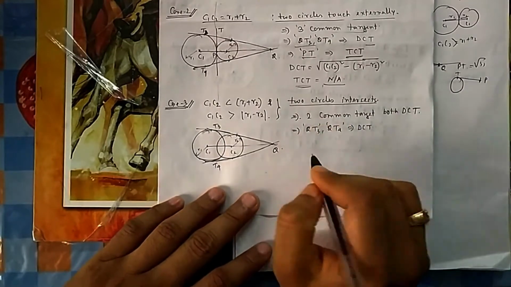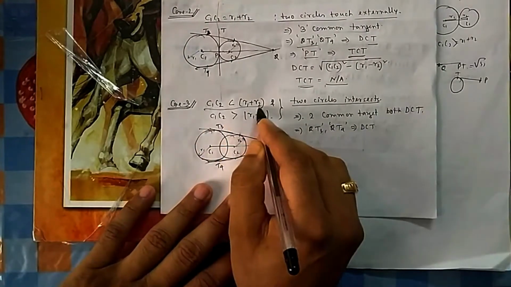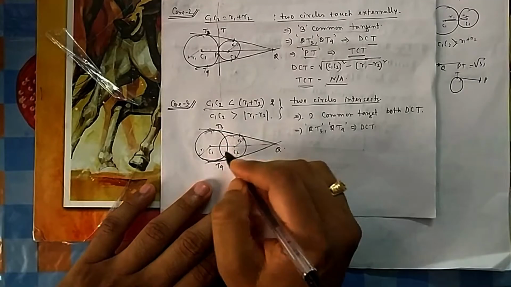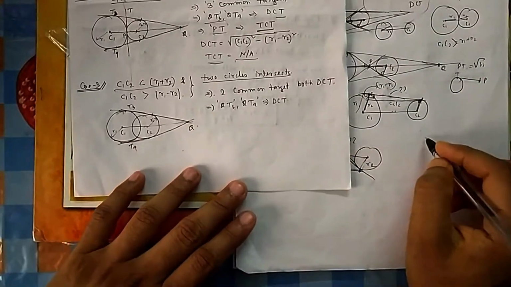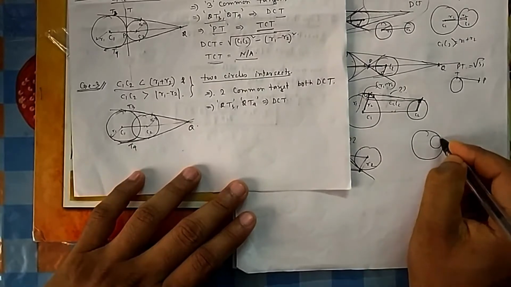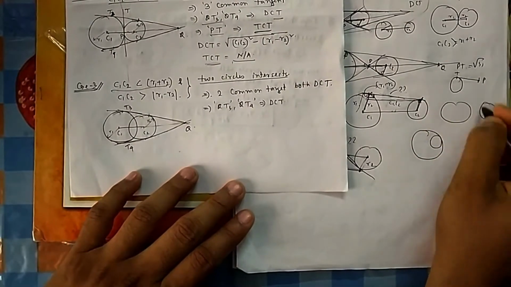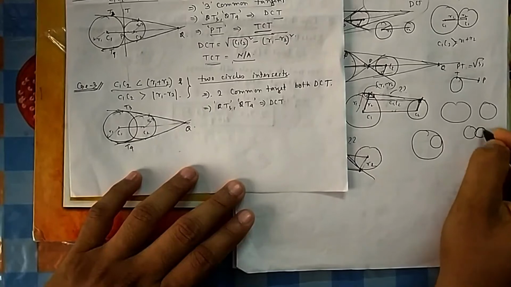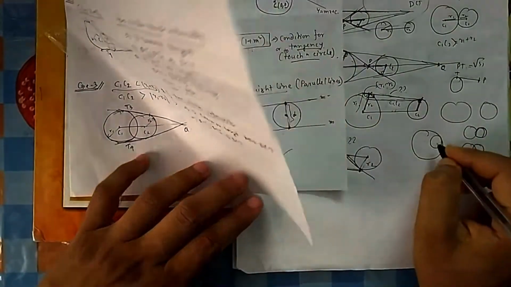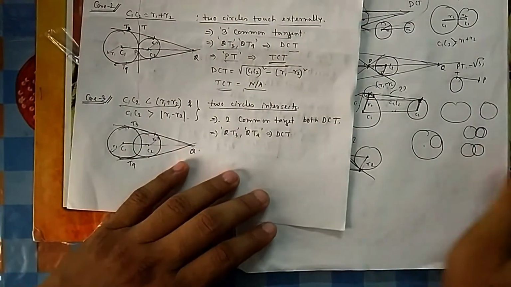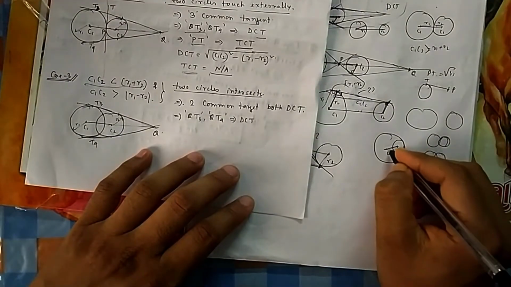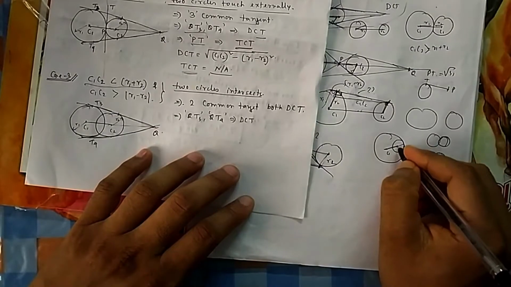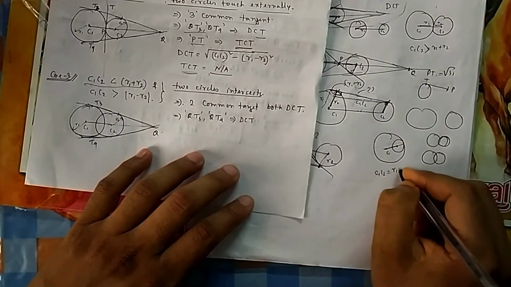Now if the two circles intersect, it means this distance is now less than this. If it is very much less, then one will go inside. If it is internally touching, because it is going inside from the extreme, now you are coming to touch each other, and now you can go well within it. So if you see, the distance C1 C2 is equal to R1 minus R2 in this case.